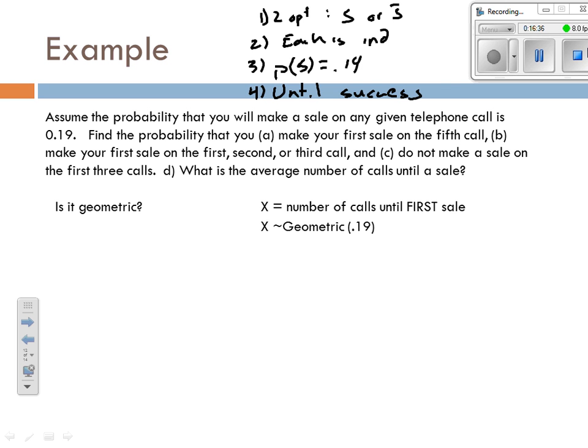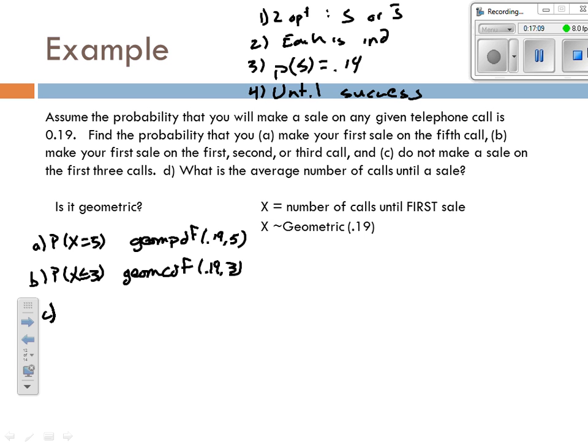So the number of calls until first sale is geometric. For part A, you're doing the probability that x equals 5. So that would be geometric PDF, or a particular value. So the probability that you make it on the fifth call. For part B, you make your first sale on the first, second, or third call. So that's the probability x is less than or equal to 3. Well, that's geometric CDF,